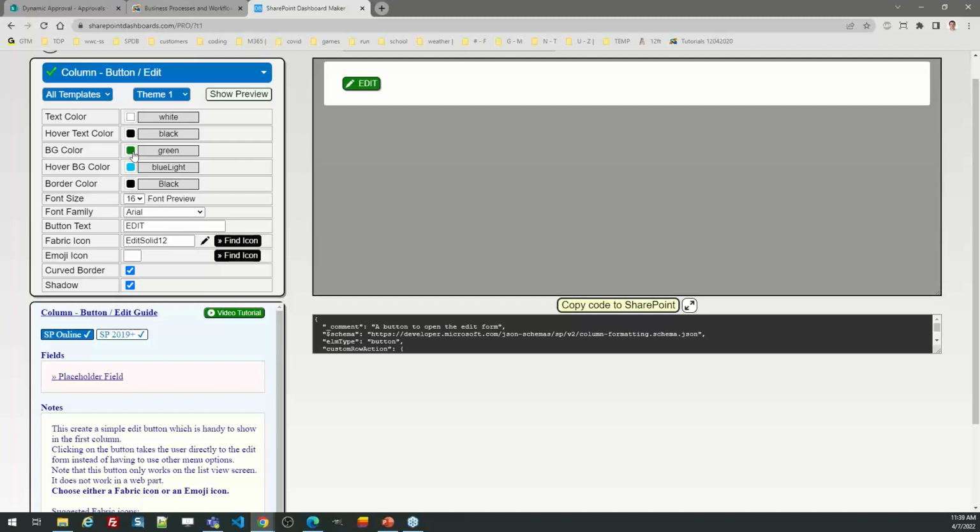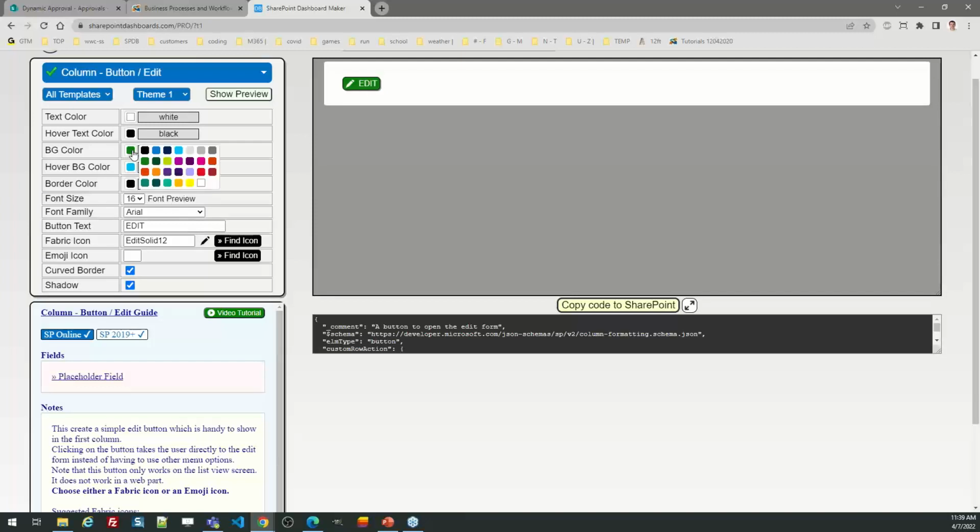And yes, I have a question on that. Yes, Jim, this is for SharePoint Online only. Some of these will work for on-premise SharePoint 2019. Most of the templates will work only in SharePoint Online. That has to do with some restrictions and limitations with the formatting for Microsoft. Good question. Okay, so I can control the color, and then maybe I want a curved border or not, but